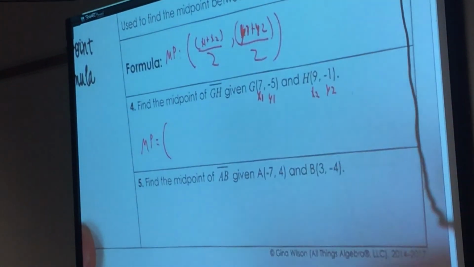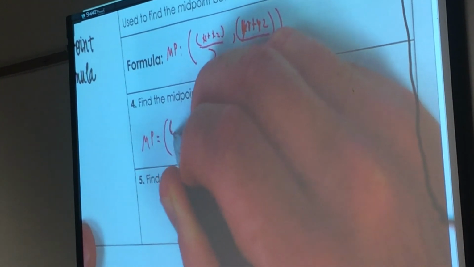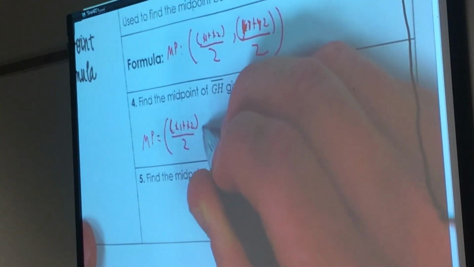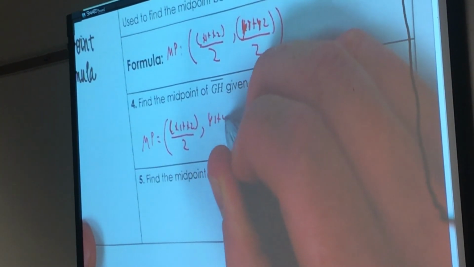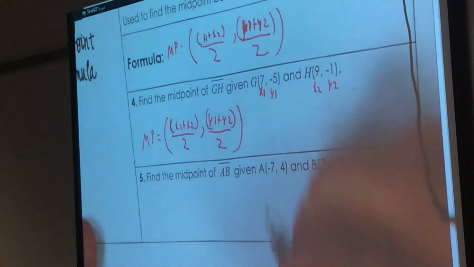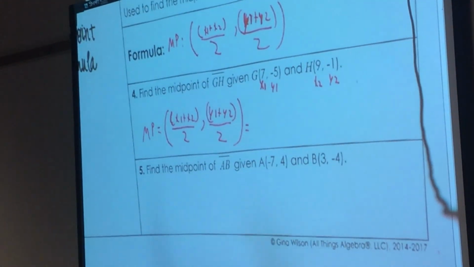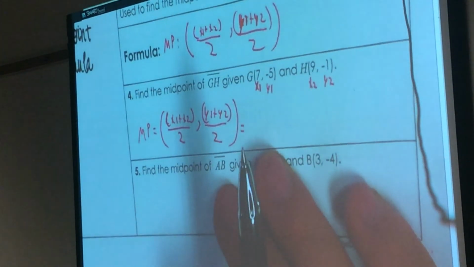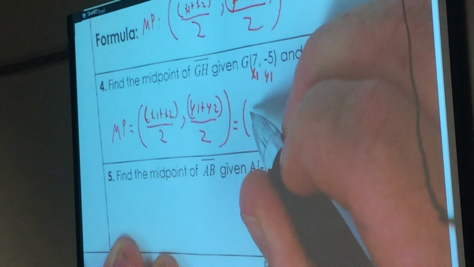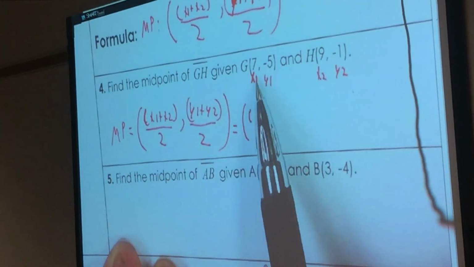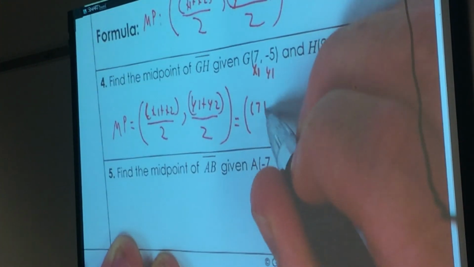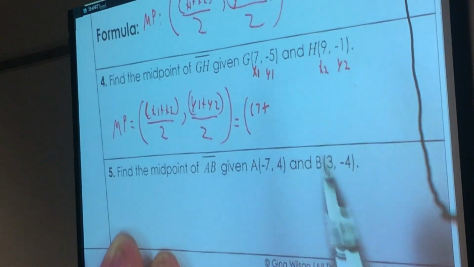First step, write the formula that we just talked about. So that's x1 plus x2, parentheses over top of 2, comma. The same thing for my y's. Now I'll just plug those numbers in. What is my x1? 7, right? So that's 7 plus my x2, which is 9,